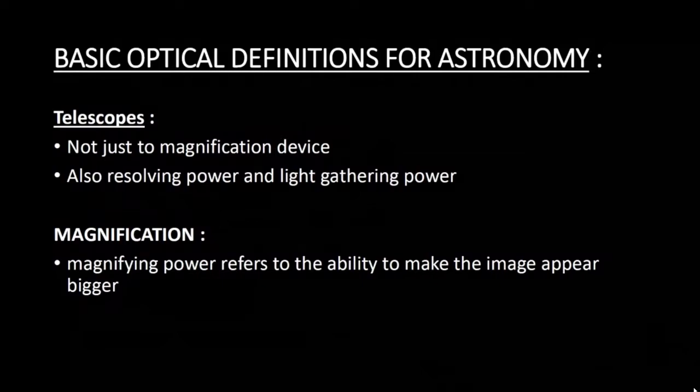So yeah, we all know that the telescope is a very important thing that we use in astronomy, and the most common thing we know. Most people think that a telescope is only a magnifying device, but however, magnification is only one of the three powers of a telescope. The other two are the resolving power and the light gathering power. Before we describe the various telescopes, first let us discuss these concepts as applicable in astronomy. Next slide.